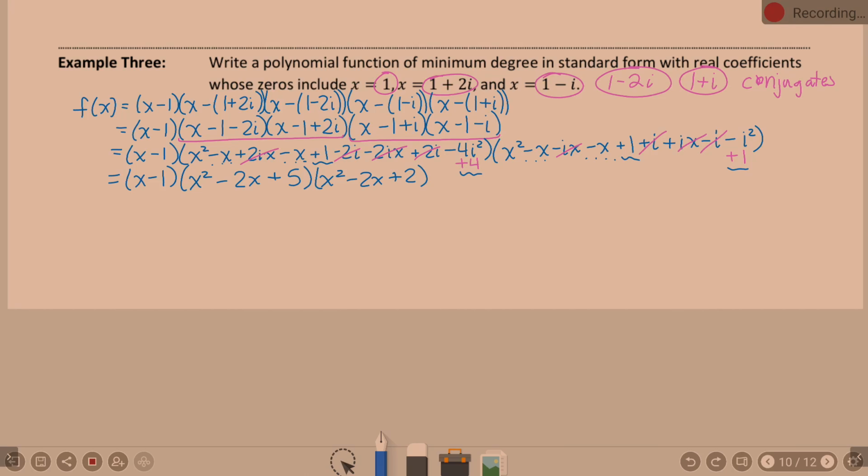Now, at this point, it's pick your poison. I don't know how else to describe it. We have 3 things left to multiply. I saved the x minus 1 for last, just because it's going to be the easiest piece to distribute. An x and a minus 1 is easy to distribute. So, me personally,